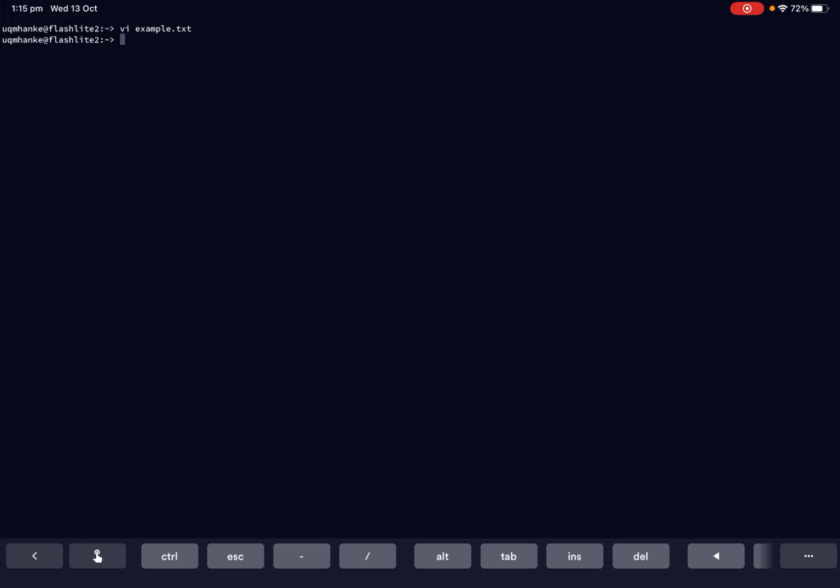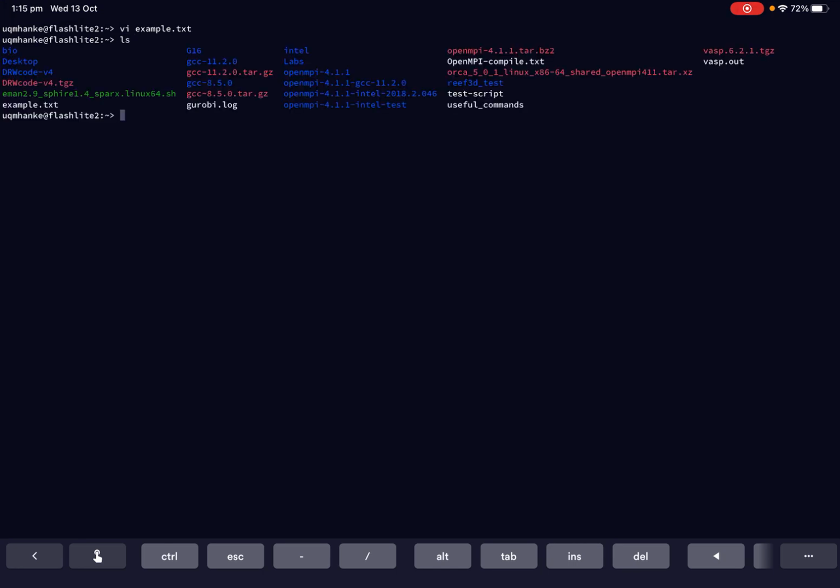And if I do now an LS, I should have an example.txt there. And if I quickly look what's in there by using the cat command, example.txt, I can see that this file does contain what I've written with using VI. So if I open the file example.txt again,